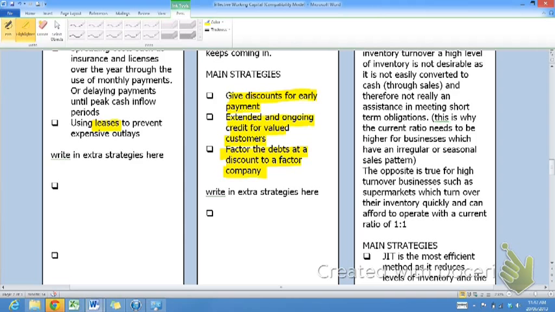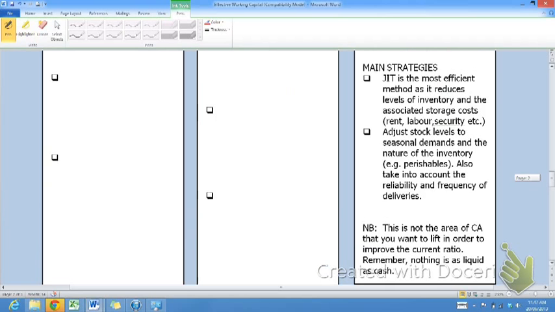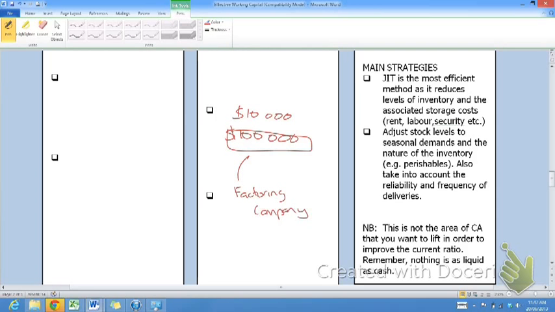Now, I've talked about this in class, but basically this is where you may have a debt of, say, $100,000. This is an accounts receivable. Okay, we're looking at the left-hand side of the balance sheet, and you're having trouble collecting that in. You only have $10,000 cash, and you want to try and improve your cash. You will actually sell this $100,000 of money which people owe you to a factoring company. And they might purchase it off you at a discount of 30%, so they might buy it for $70,000